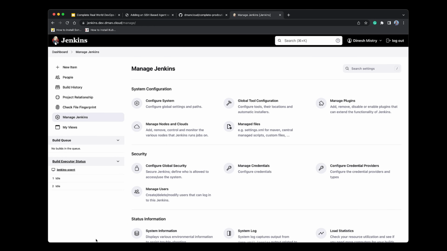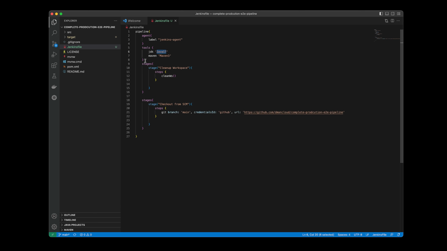So now we've configured the tools that we're going to use. Now, there are other workarounds. Some people prefer to install Java and Maven directly onto their agents. This is just another option. I prefer to use this approach, but there is a lot of flexibility with how you can do this. So before we run this pipeline, what we need to do is we need to make sure that we set up this GitHub